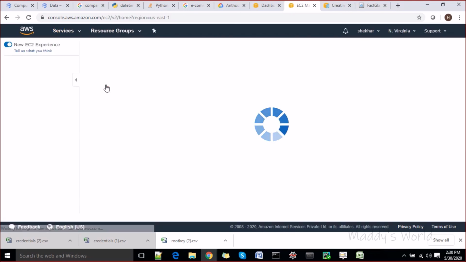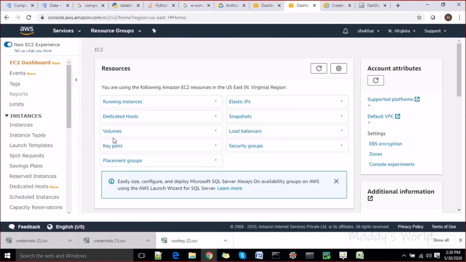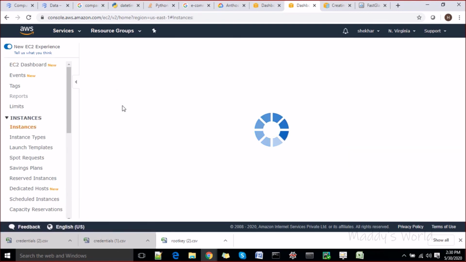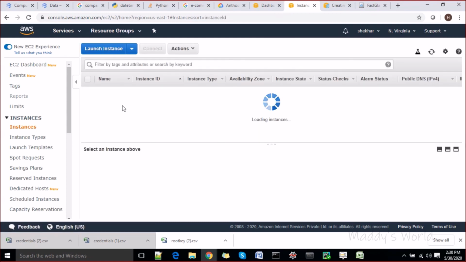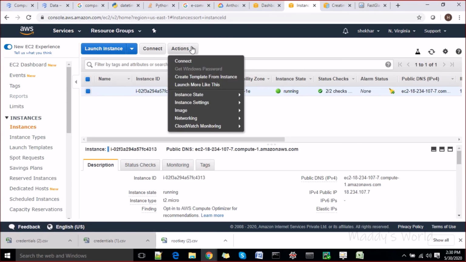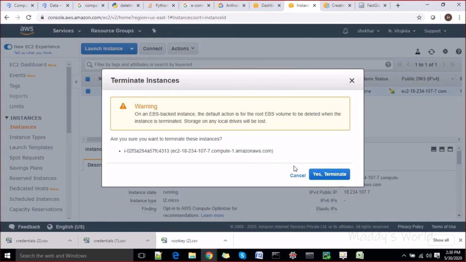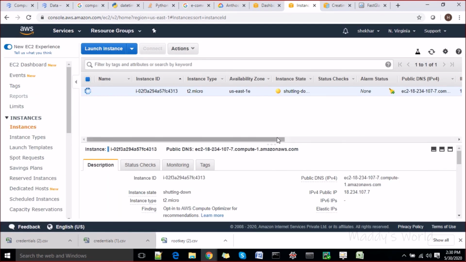IAM roles are critical for all the clouds. If you are familiar with AWS, then it will be easy for you to go into all the clouds and play with those IAM, security groups and other roles. So I'm quickly removing this instance here from my admin account, and you'll be able to see I would be able to do it. See, it's working now.